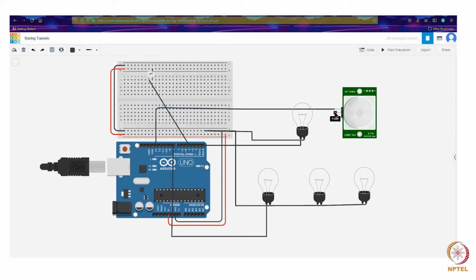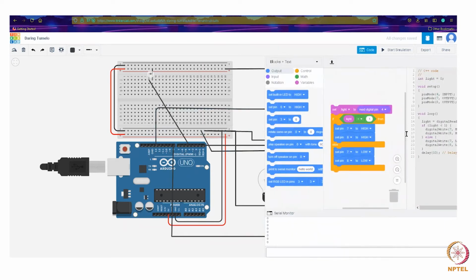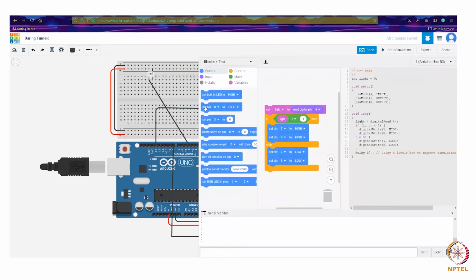And for this PIR module, we have to give the power as well. So the second one is ground. Right. So we connected this to the 13th pin. Let's just see what the PIR gives.